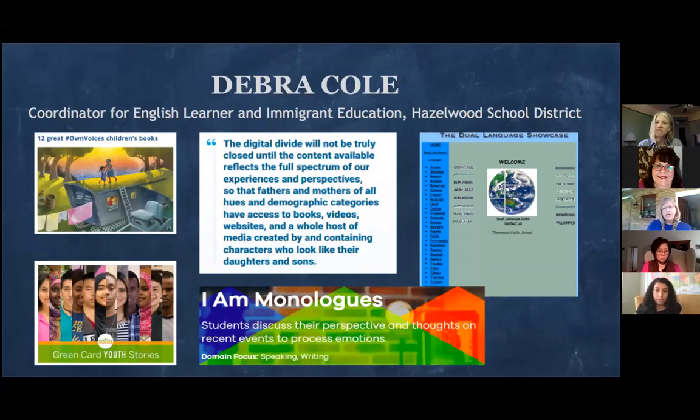It's youth immigrant stories that they are collecting into glossy colored picture books. And the authors of this, it comes out of Minnesota, but the whole idea, again, is similar to the I Am monologues, getting students to talk about their own life experiences, not only during the shutdown, but their immigrant experiences. How did they get here? Why have they come? Where are their barriers? And who has been their advocate?